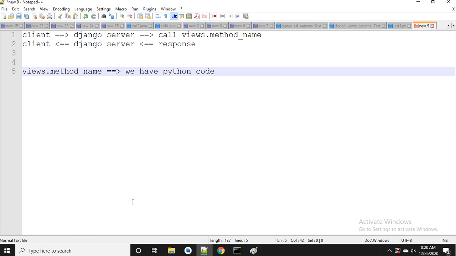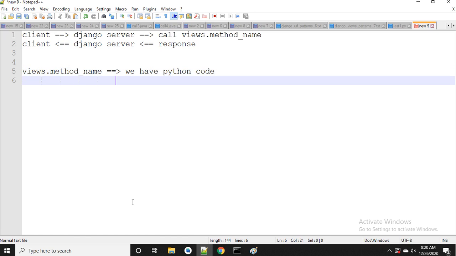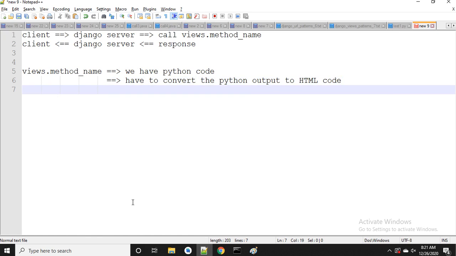So what we have to do finally? So we are responsible. ये function हम लोगों ने बनाए थे या हम लोग बनाएंगे. So in this we have to convert the Python output to HTML code. Okay, उसमें convert करना पड़ेगा. And after that, have to return, otherwise can return